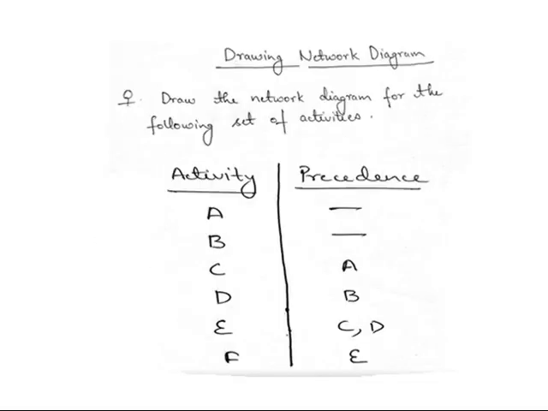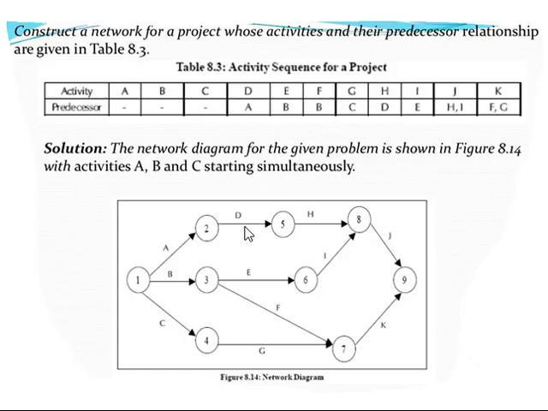And looping should also not be there. Dangling should not be there, and loops should not be there. We should keep those errors in mind when constructing the network. And one more thing: no arrow should overlap, or another word is cross. No arrows should cross each other. That means it should not go like a multiplication symbol. So keeping all those things, crossing should not be there. Keeping all those things in mind,